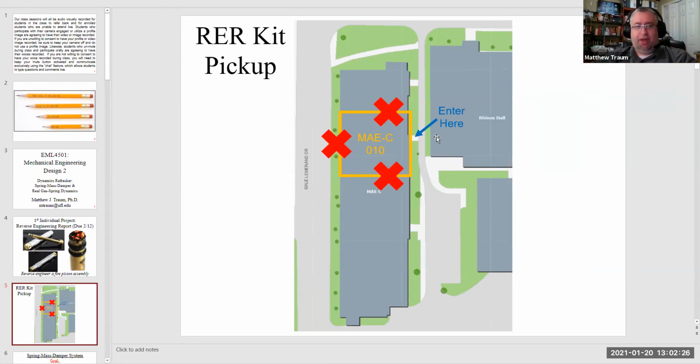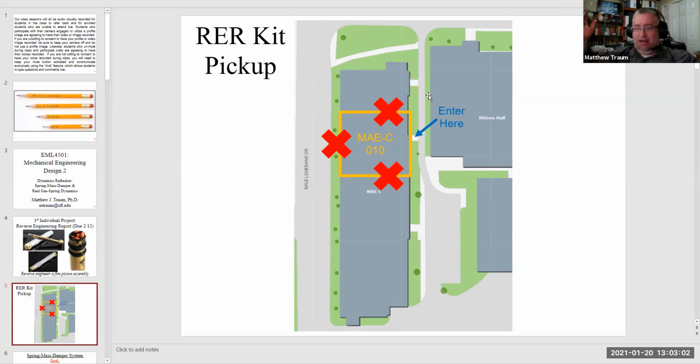It's all just laid out there in boxes on a table. If you just pick up a box, it will have all three of those items in it, and then there's a little ledger where you can sign your name, legibly please, to indicate that you have your artifact. As soon as you have your artifact in hand and have signed the ledger, just turn around and head right back out, because we can't have more than, I think, 14 or 15 people in that space at any one time. So there's really only enough capacity for one of you to be in there at a time. If more than one person shows up simultaneously, I'd appreciate it if you just queue up outside.